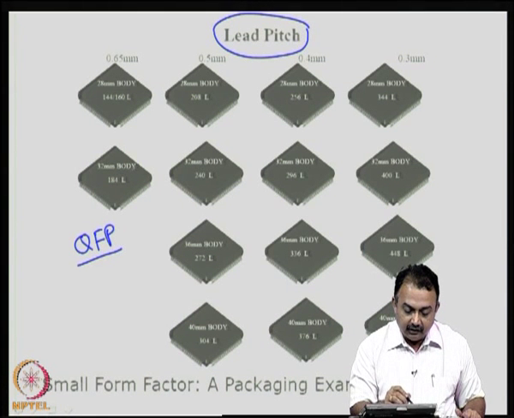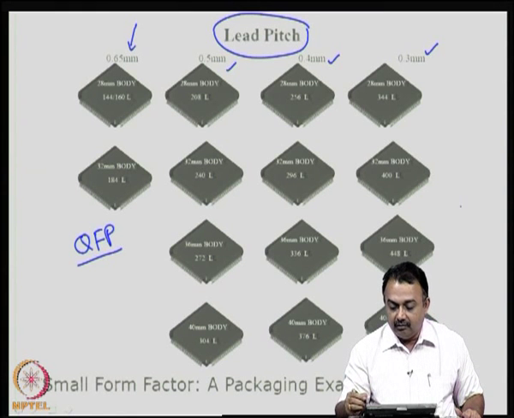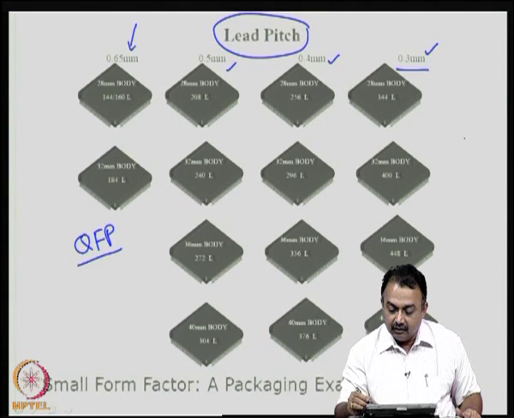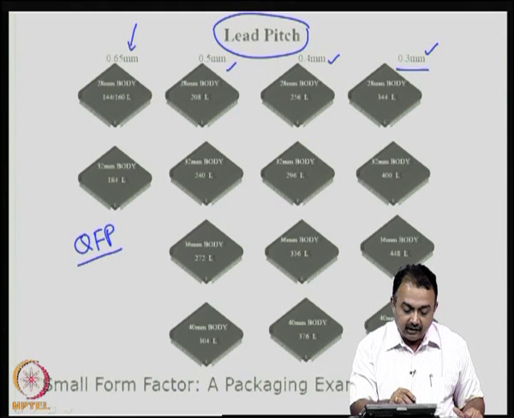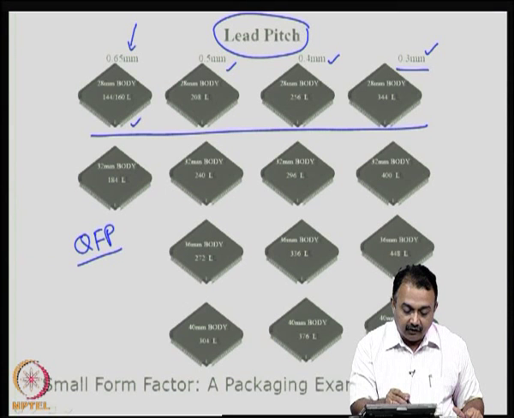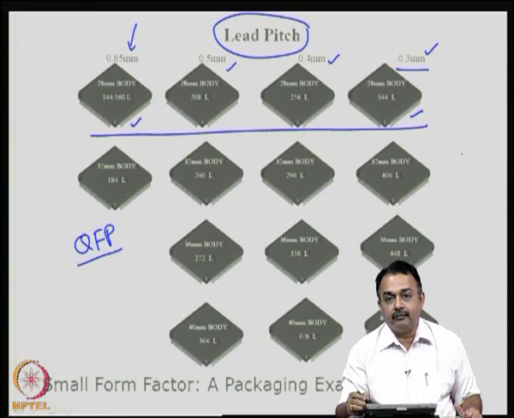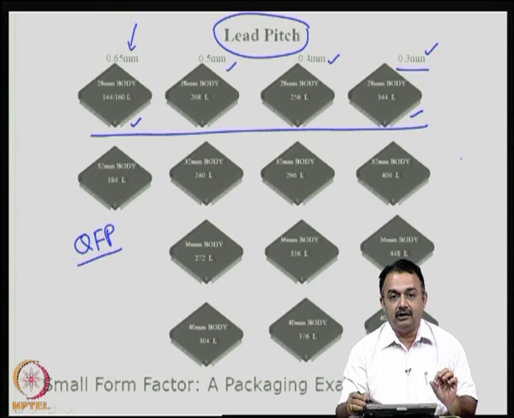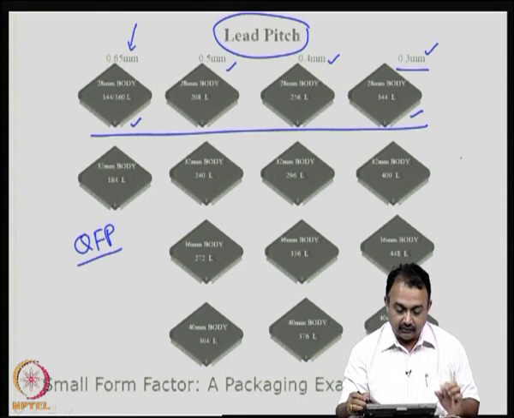format, and if you look at the pitch, this is 0.65 mm pitch, 0.5, 0.4 and 0.3. 0.3 is probably the smallest or the maximum reduction possible today with QFPs. Now, if you look at the 28 mm body size that is being used for each of these here, you can see the pin counts have increased from 144 to 344. So, reduction in pitch means you can handle more IOs.